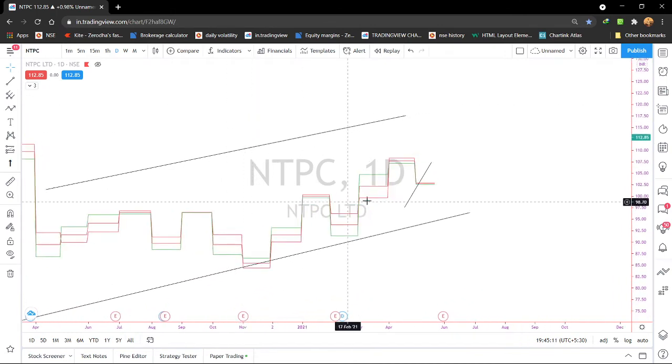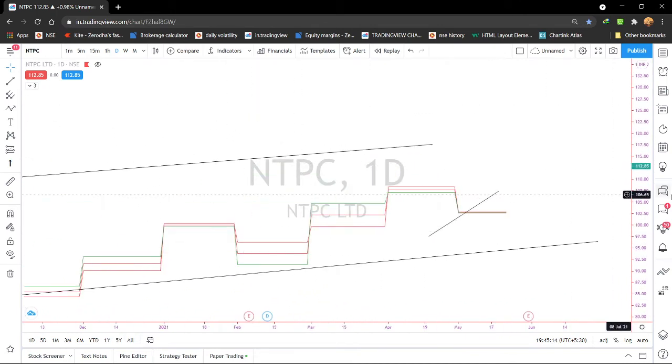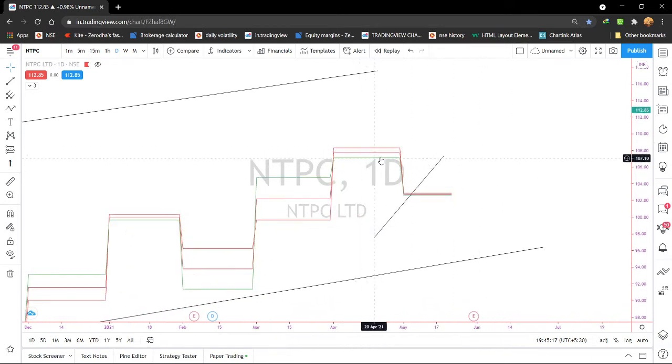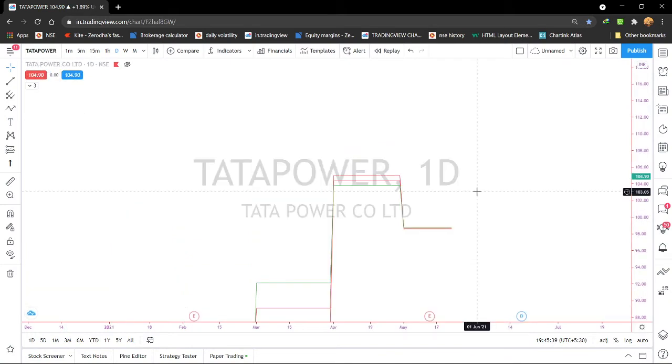See here, NTPC on the 1 day time frame. This is the CPR line. You can see, this is my custom coded indicator. See here, the CPR range in the month of April is around 1.15, but here you can see it is very small. CPR is very small. We were finding this kind of CPR. One is NTPC and another is Tata Power. This is Tata Power. It also has a very small CPR, smaller than NTPC. And which stocks were there? Nam India, Hind Petro. Let us come to Nam India and Hind Petro.